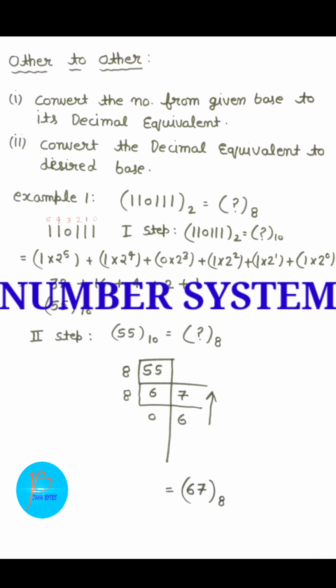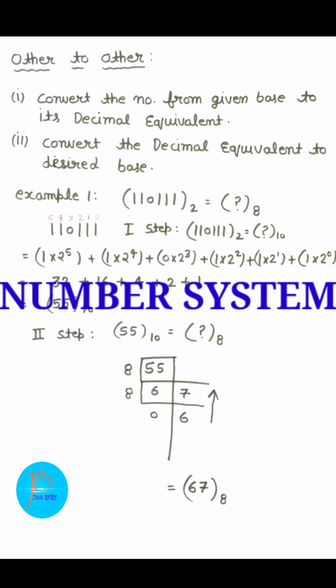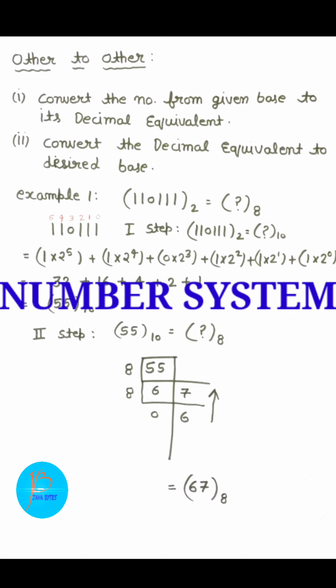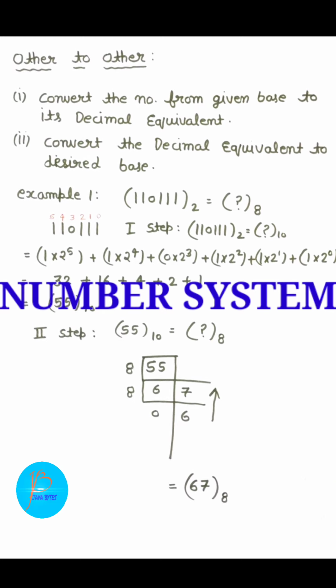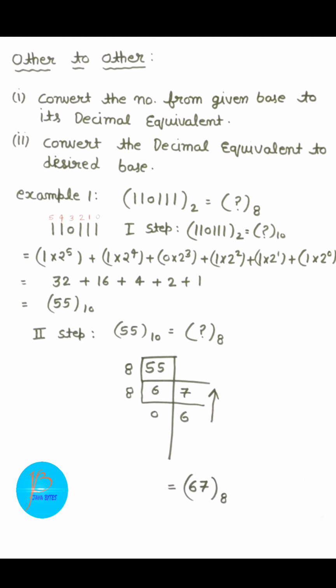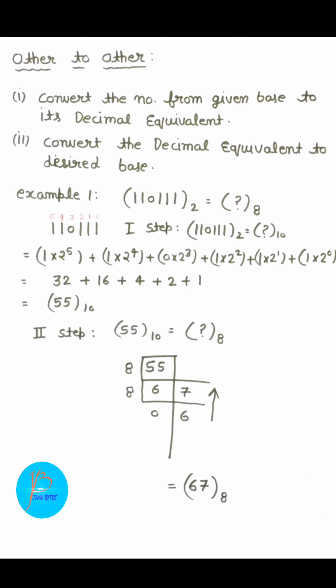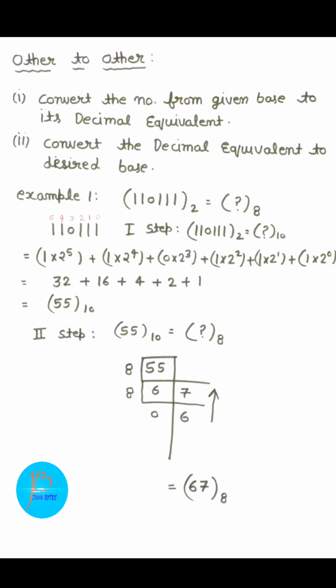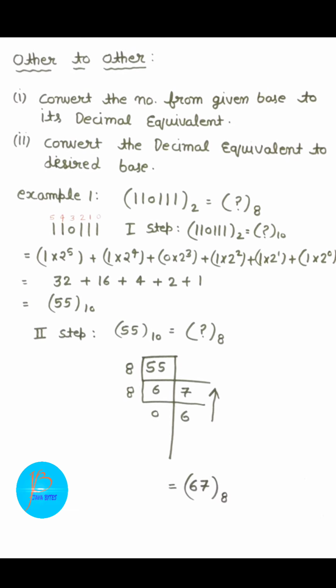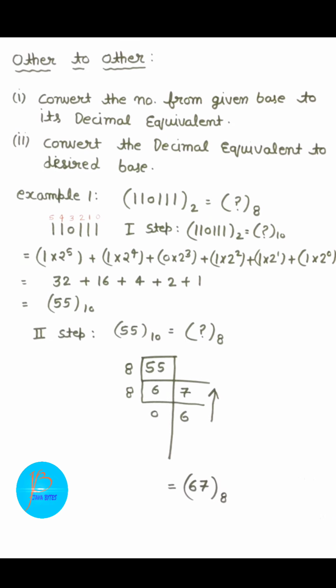Good morning students. Beta, in this class we will learn how to convert a number from one base to any other base. Children, what it means is that in this type of problem the decimal number system will not be included. For example, in the last two classes we saw conversions from octal, hexa or binary to decimal equivalent, or the reverse, from a decimal number system to its octal, binary or hexa equivalent.